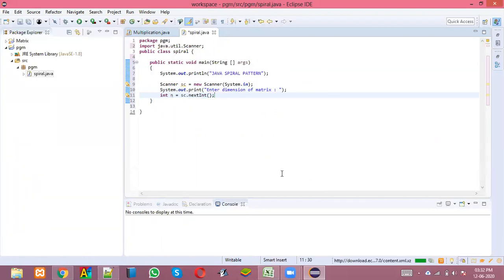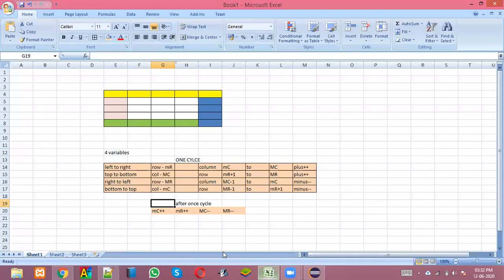Now we need to do some more work. See, now we know how to move about through this cycle. But while we are moving about, what we have to print is not yet clear. Correct? We need to know exactly what we have to print. To do this, I am going to create a variable called I and initialize it to 1.